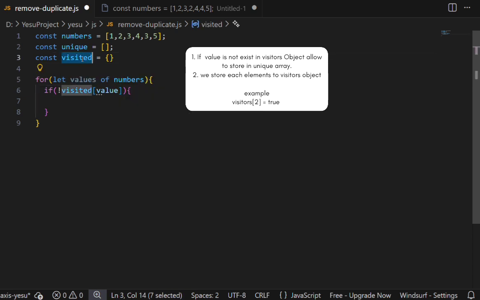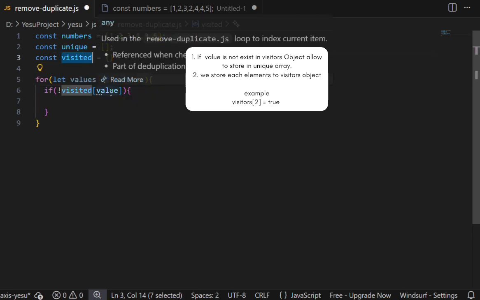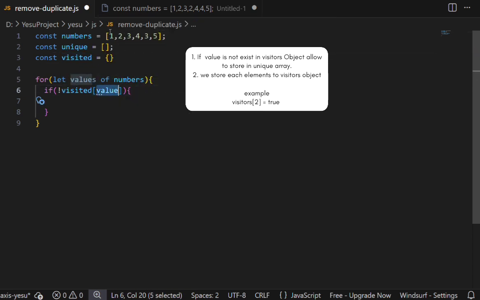If not visited value, which means inside the visited object we are checking whether each value which is in the numbers is there. If it is not there,